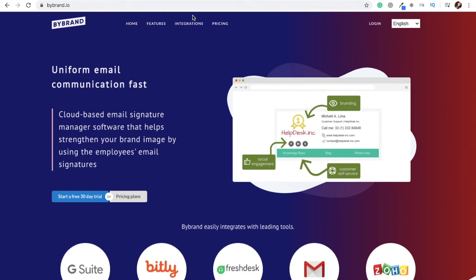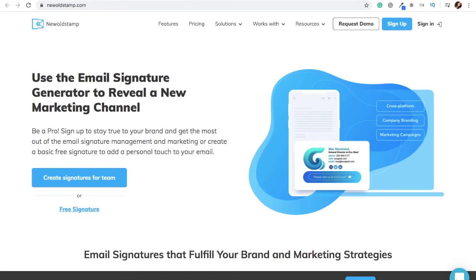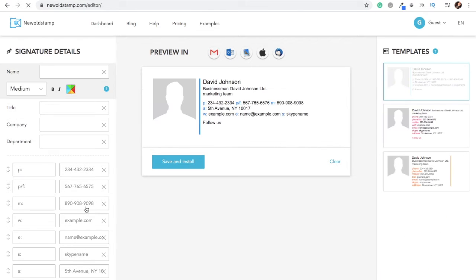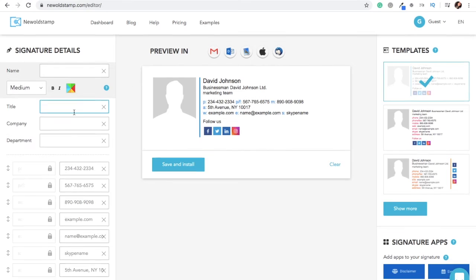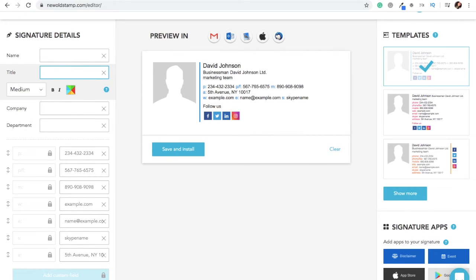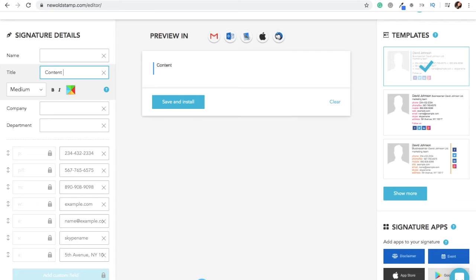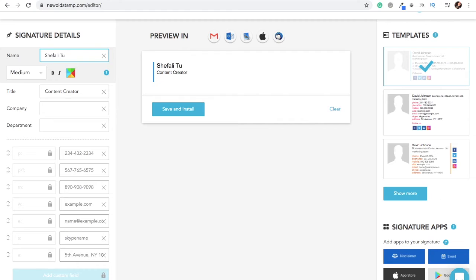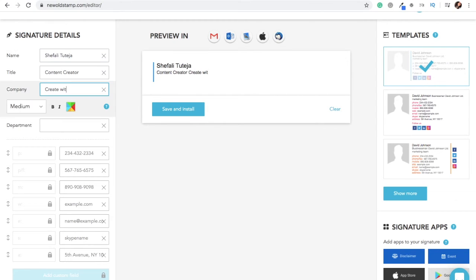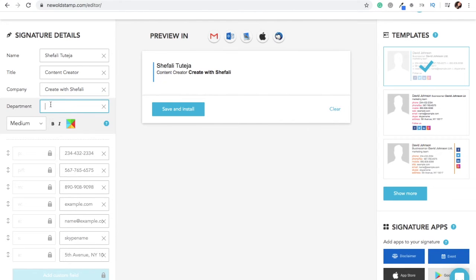There are many great websites where you can create a perfect Gmail signature for free. So this is another website, a very famous website to create a Gmail signature. Let's create one here. So this is how it looks. I think it looks pretty decent. So do all the changes on the left hand side and you'll be able to preview your edits on the right side. Name, title, company. It just looks really professional when you send an email, and the Gmail signature looks very professional. So you must create one.